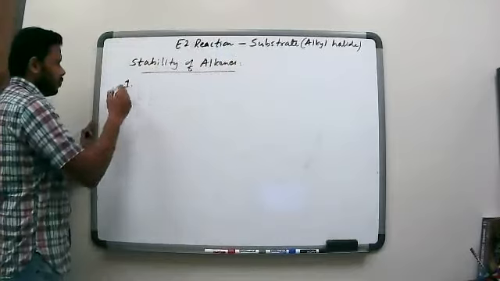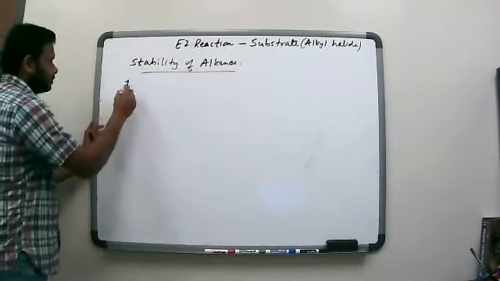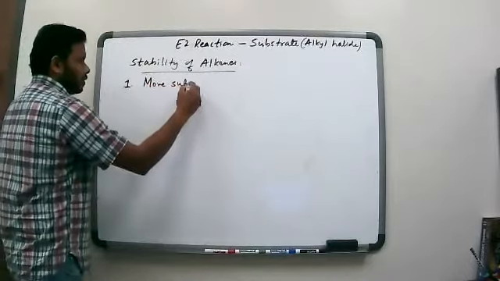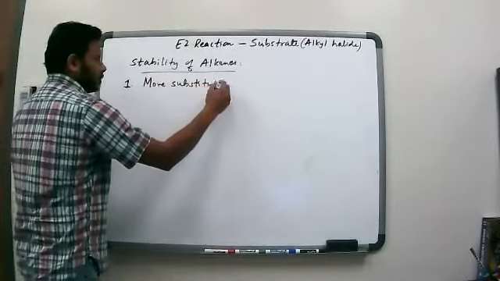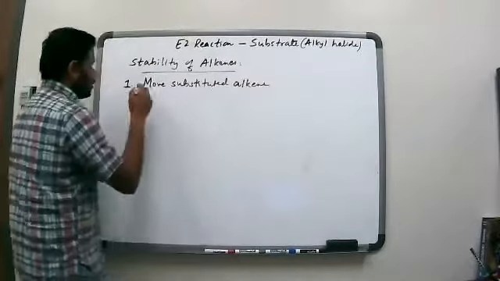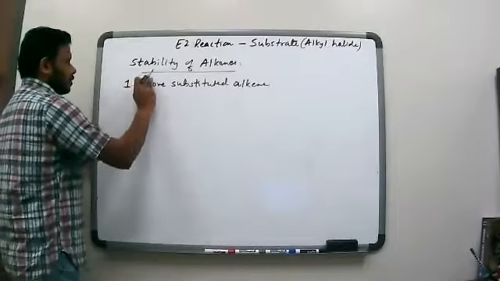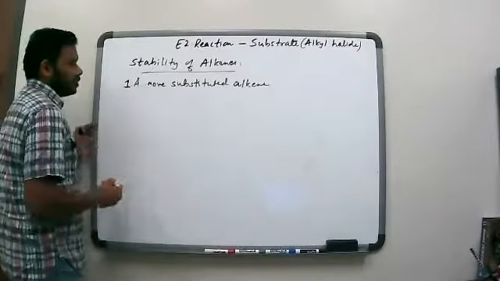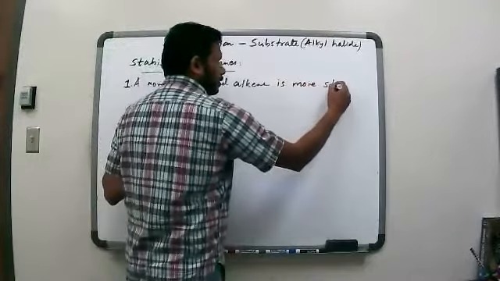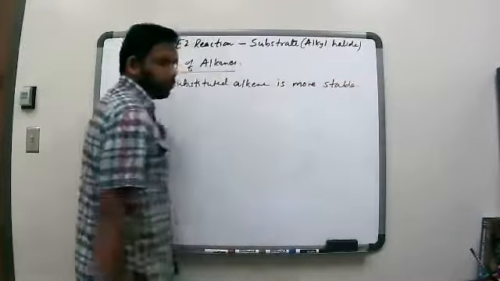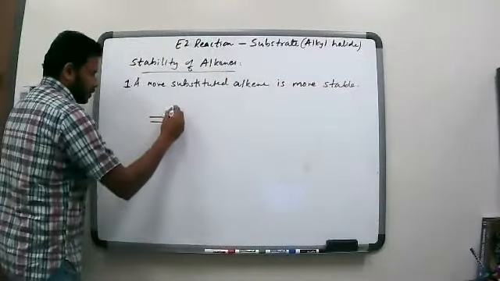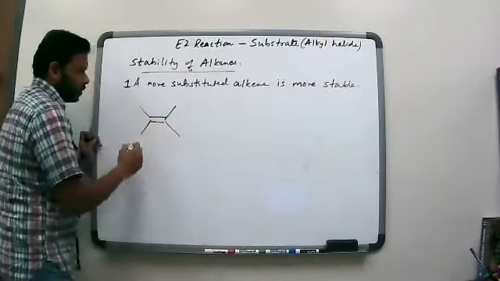So one thing is, a more substituted alkene is more stable. Okay, so if I were to draw out a few alkenes,